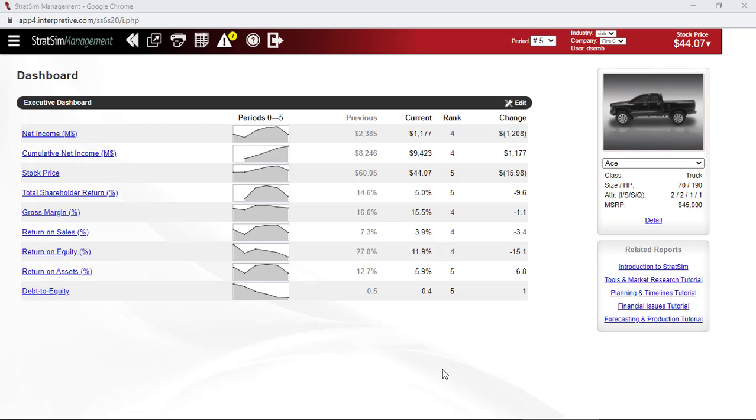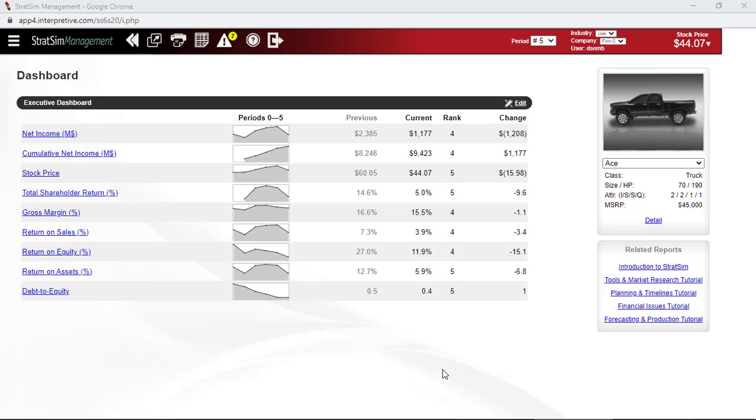Okay, one of the most difficult decisions that you'll make running your StratSim company is sales forecasting. And that is the demand that you're projecting in the coming year for each one of your products. So StratSim doesn't do a sales forecast for you. So you need to come up with an estimate of how many units of each product you think you'll sell over the coming year. And it's really important to try to get that as accurate as you can because you're going to base your production plans, your marketing, capacity planning, and your pro forma estimated results for the entire year